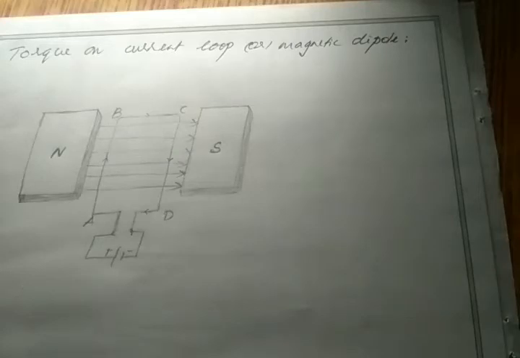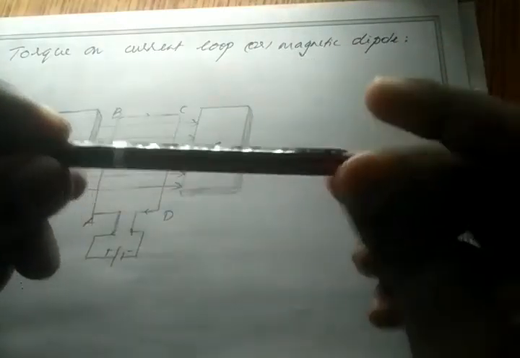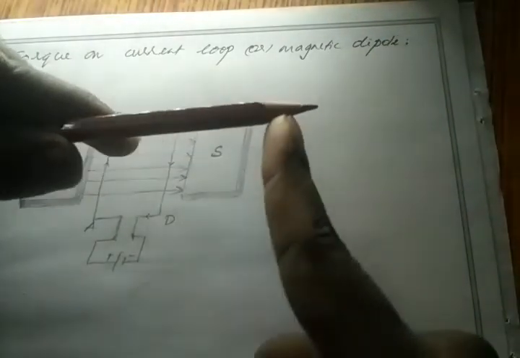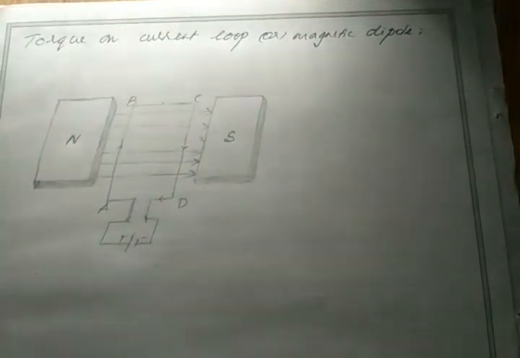Okay, so that rotational force will be equal as well as opposite. The force acting on one end and the force acting on the other end will be equal in magnitude but opposite in direction. This is in the negative y-axis and this is in the positive y-axis, right? So here comes the topic.